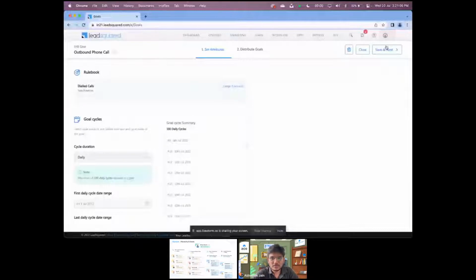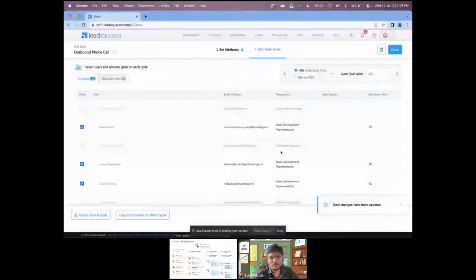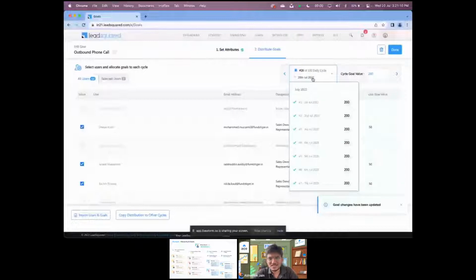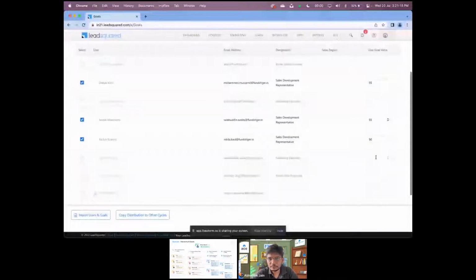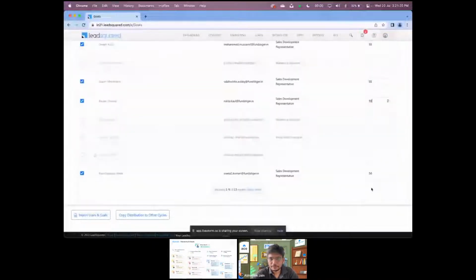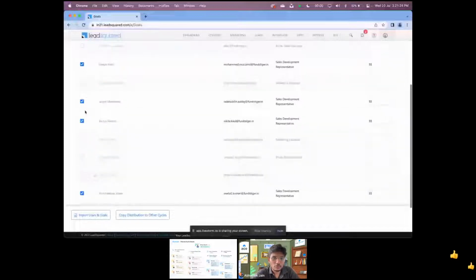Now I can jump onto any cycle and change the numbers, right? So at this point I'll change this to 55 rather than 50. And I can add any people at any given point of time, and I can remove them as well.